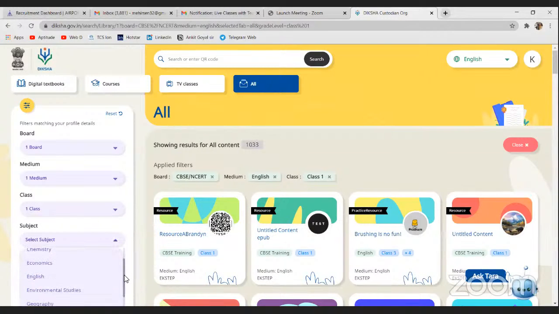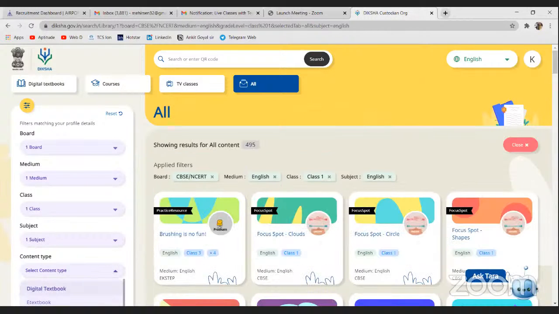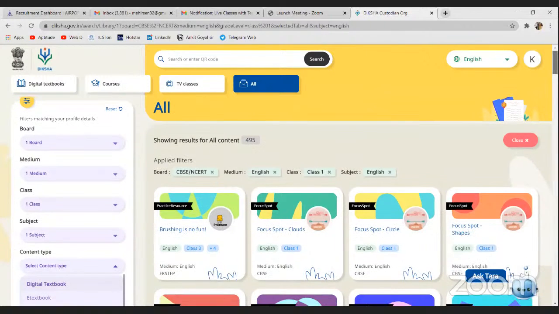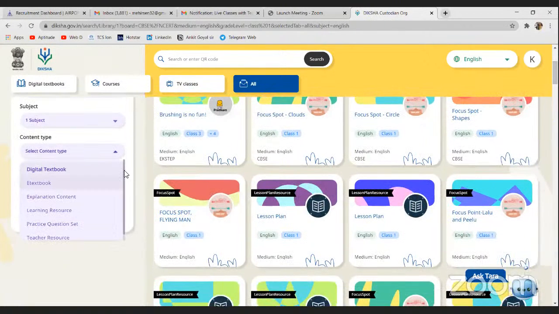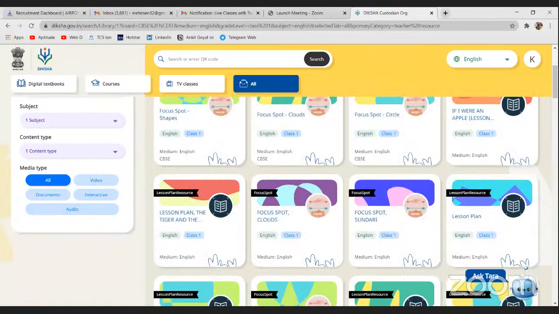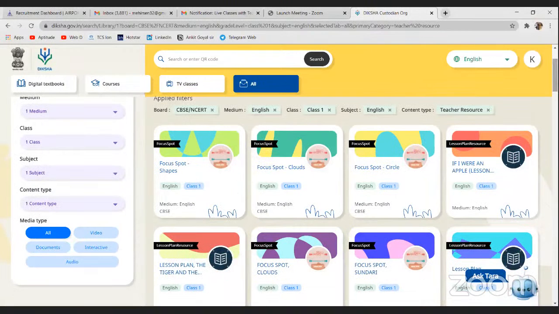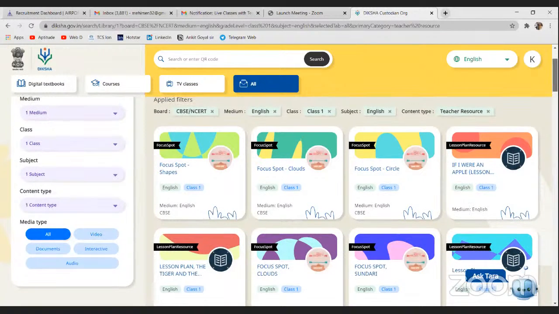सब्जेक्ट सिलेक्ट कर लेते हैं हम हमारे हिसाब से, ऑल में, एंड देन कंटेंट टाइप। अगर मुझे यहाँ पे कुछ कंटेंट चाहिए अपने जूनियर किड्स स्टूडेंट्स के लिए, तो मैं यहाँ पे आ सकता हूँ कंटेंट में। आई कैन गो फॉर दिस टीचर रिसोर्स पार्ट, एंड यहाँ पे आप देखेंगे आपके पास कई सारे कंटेंट निकल के सामने आ गए, जैसे शेप्स है, क्लाउड्स है, सर्कल है, देन